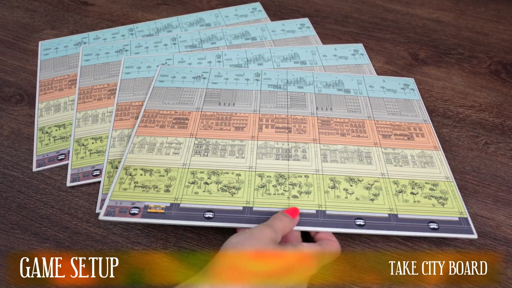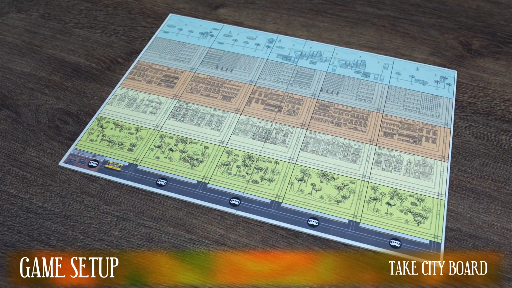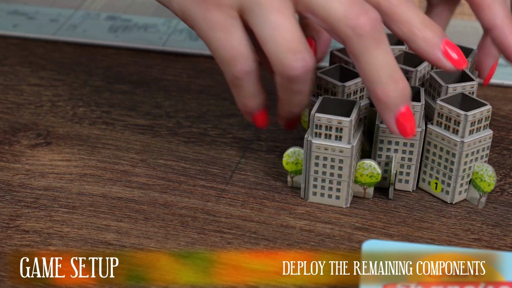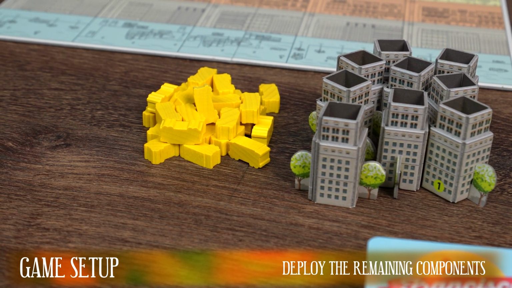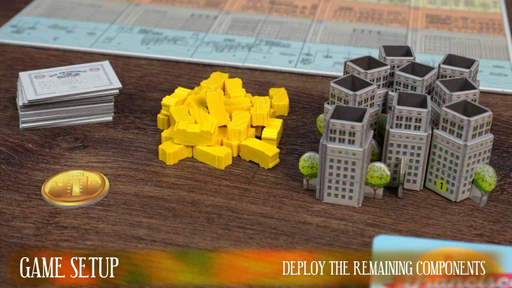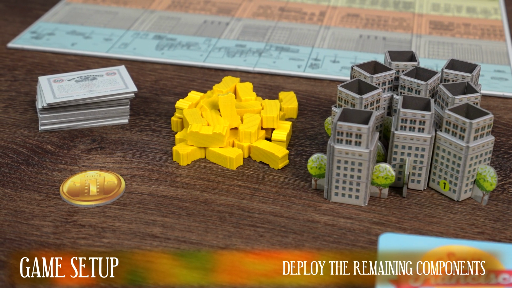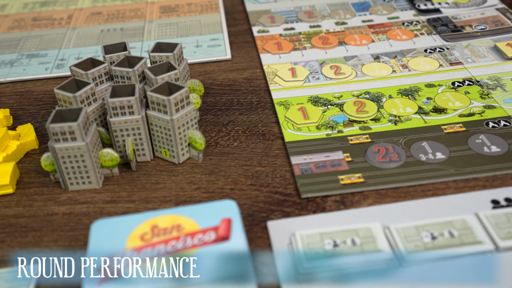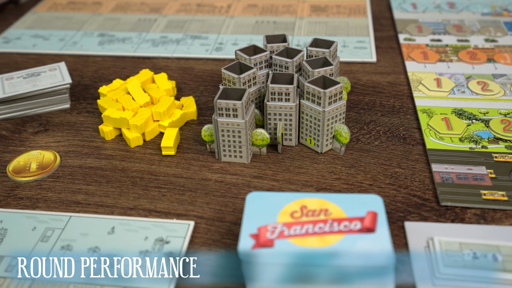Now each player takes 1 city board and places it in front of them. Place the skyscrapers, cable car markers, contract tokens and the Master Builder's Medal token on the table where everyone can reach them. You are now ready to play. Here is how. In the game of San Francisco, after the first player is selected, players take turns in clockwise